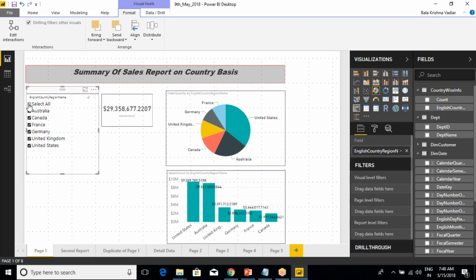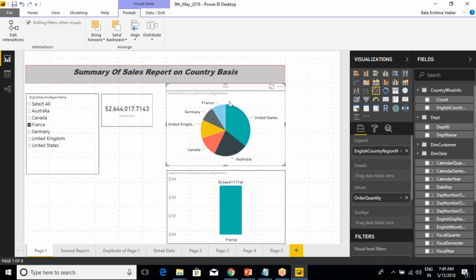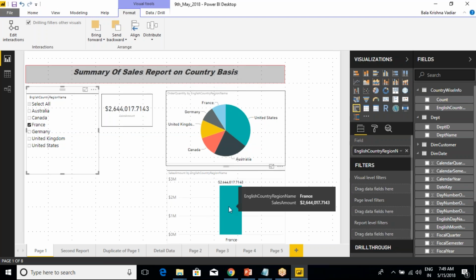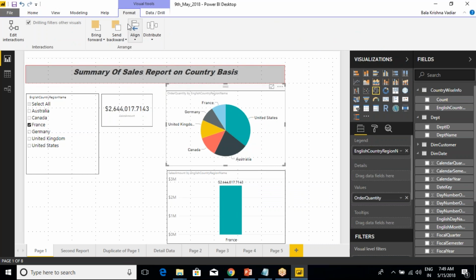Mainly, for example, I told you from day one itself or day two, I'm not sure, there is a feature here. Let's say when I say France, it is filtering for all visuals but except this visual. You guys remember we have done some property. So very simple. Whenever you want to exclude or whenever you don't like to apply this filter for any of the visual, then what you need to do,